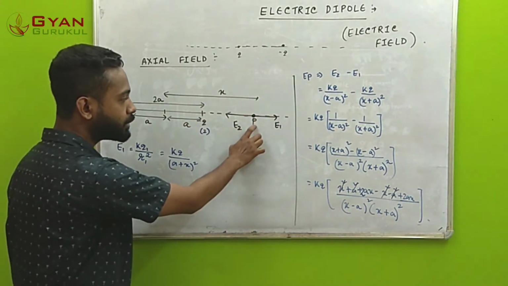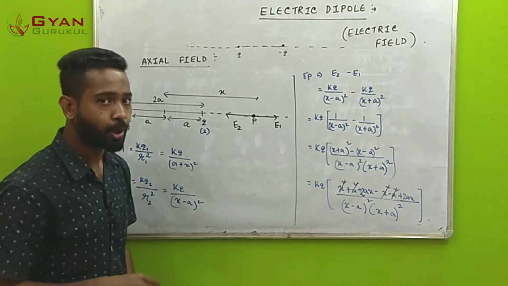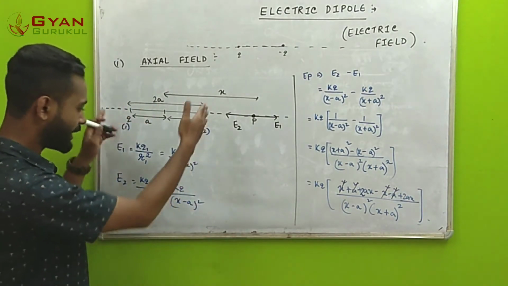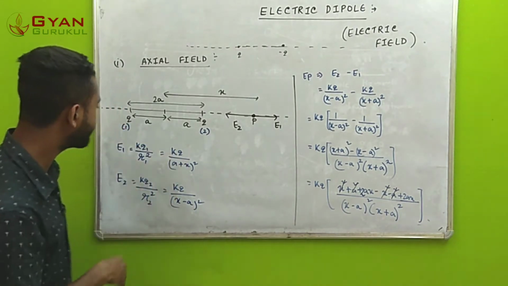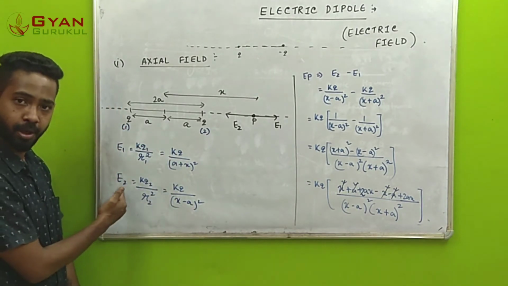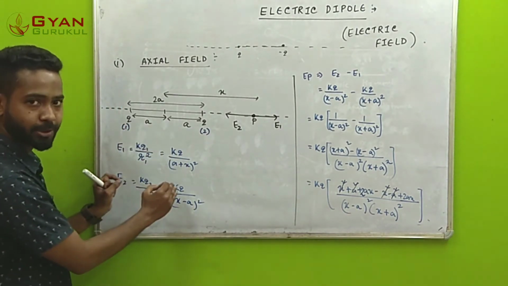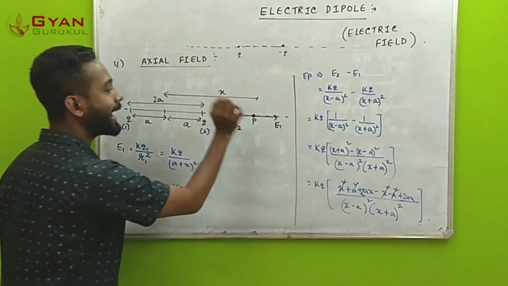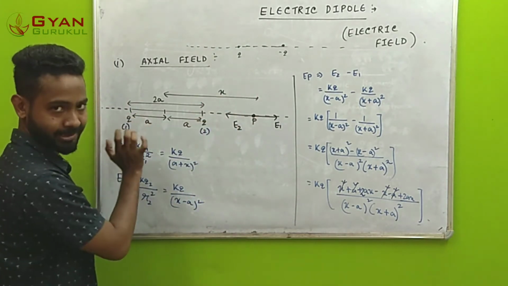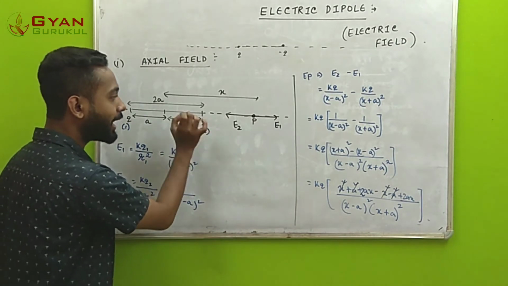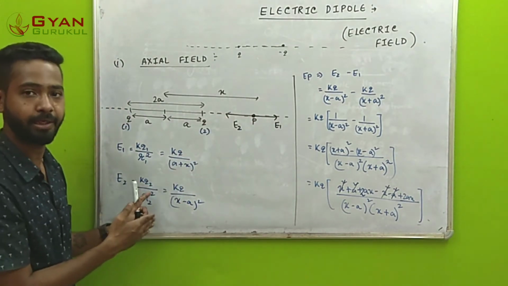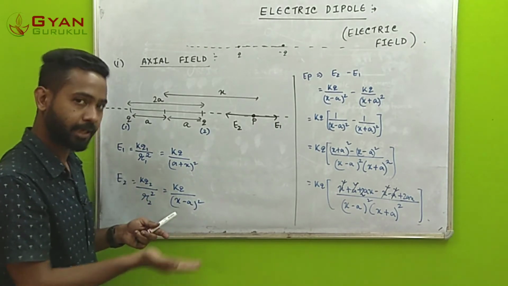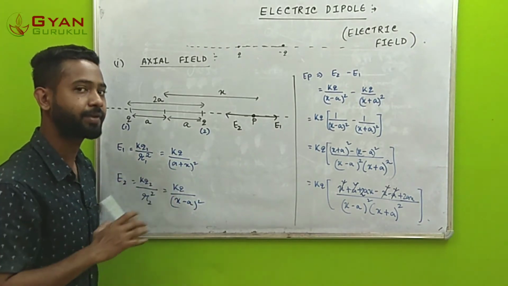At this particular point, if we need to find the total field, we need to understand the general concepts first. There are two charges, so we are going to write down the expressions for the two fields as E1 and E2. Once we have written down the expressions, we will assign the direction based on the signs. Once the direction is assigned, we do not need to put the minus sign when we do the magnitude. This has been said in our last video, so we need to understand these things very clearly.